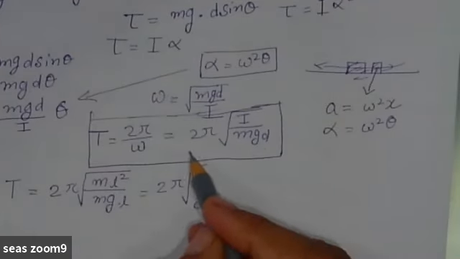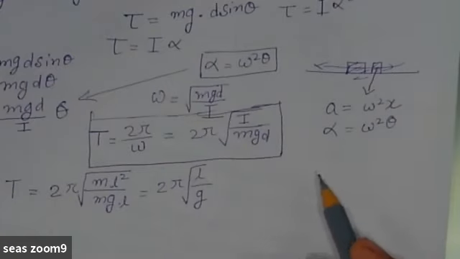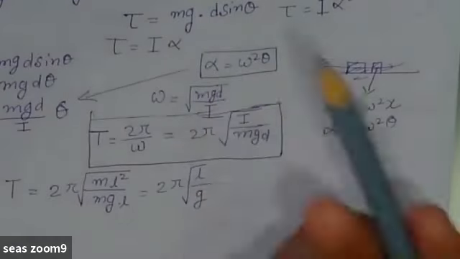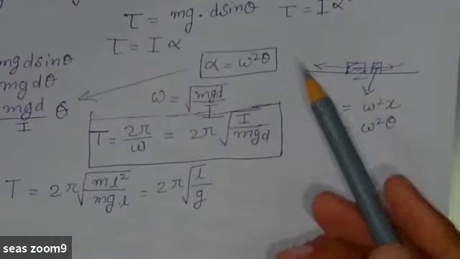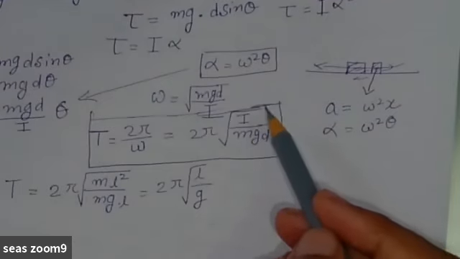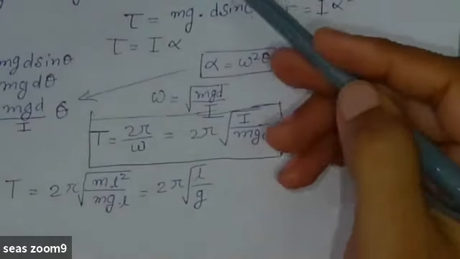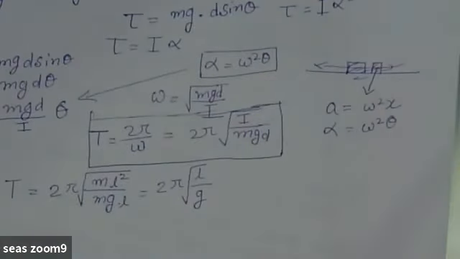In case of compound pendulum, T is equal to 2 pi under root I by mgd. Now I here depends upon the kind of compound pendulum you're using. It may be a rectangular rod, then you have to use a different formula. It can be an elliptical rod. So I is the moment of inertia about the axis about which it is rotating. Okay. So in your experiment, you need to find out which kind of object you are using, and then accordingly what will be I. So this will give you some idea how to determine the moment of inertia for any system.